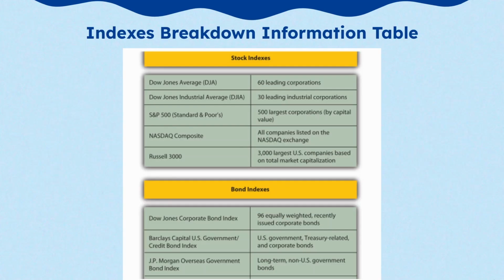So very commonly you hear of indexes in the stock market. So the Dow Jones Industrial Average, 60 leading corporations. This one might look familiar. It started off as just 12 main U.S. industrial companies, but now it's 30. S&P, Standard & Poor's, 500 largest corporations by capital value. NASDAQ Composite, all companies listed on the NASDAQ exchange. And on the bottom are a couple bond indexes, which aren't super important for this video, so I'm not going